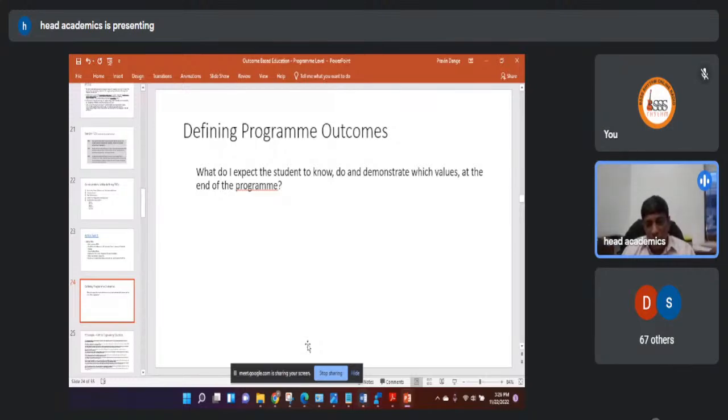So all those common outcomes are called program outcomes, and a set of 2-3 outcomes specific to that program in the context of the institute are called PSOs. So do you have POs or PSOs defined? That's a key question in any accreditation agency, particularly NAC. Any question on this?